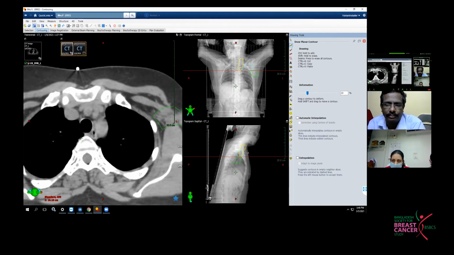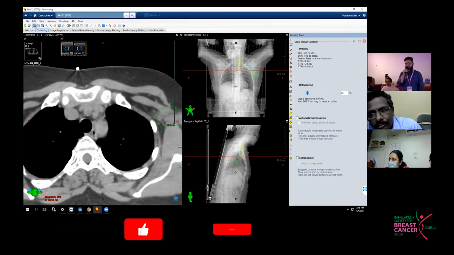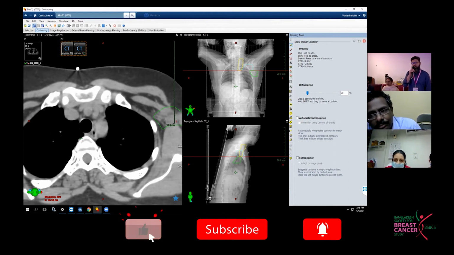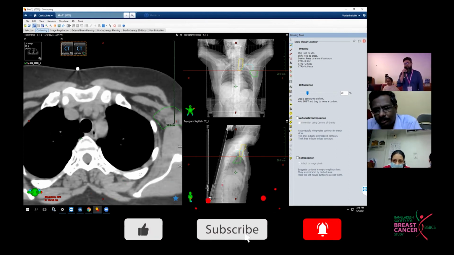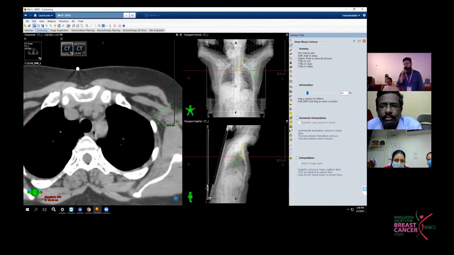Thank you, faculties. Sometimes in our clinical practice, we face patients who came to us after mastectomy with a large scar, and with the tangential field the scar is not covered. So what is your practice actually? Do you use electron separately on that scar? Whatever the size or location of the tumor, sometimes patients come to us with a large scar that is beyond the tangential field. So what is your practice?